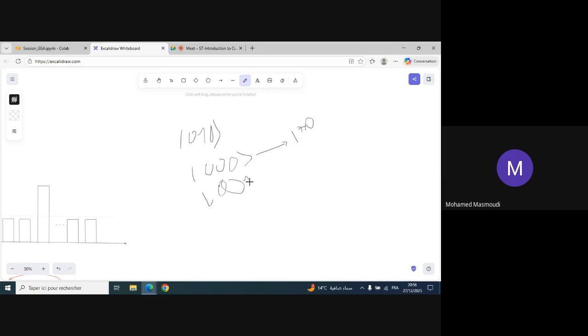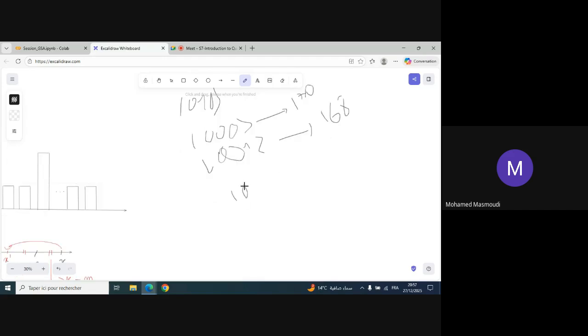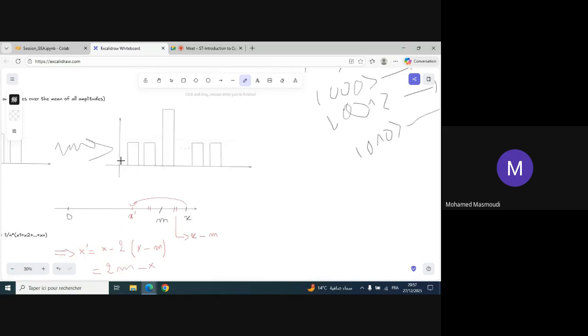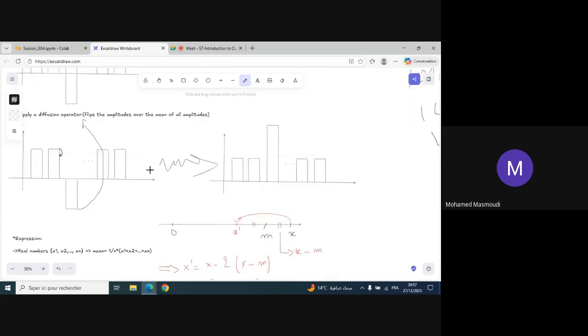001 is measured 168 maybe times, but 010 will be measured, in this case, where 010 is the target state, maybe 500 times or something like that. So the distinction between the number of measurements between the marked and unmarked elements will be a little bit visible, but we will be repeating this,